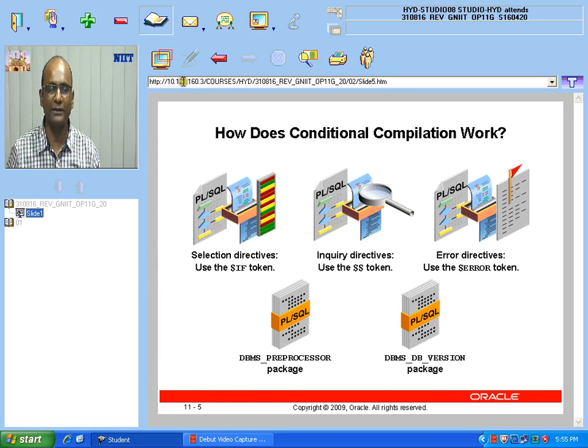The conditional compilation directives are the $if token, $$ token, or $error token, or you can go for the preprocessor package or version package. These are the different types of packages available for us. Whenever you want to use these tokens or packages of any type, you need to mention them in the program. Based on that, the program would run as you expected. See the selection directives, you are well aware of them. The if construct you use, but here you are using if with $. In this code construct you can see